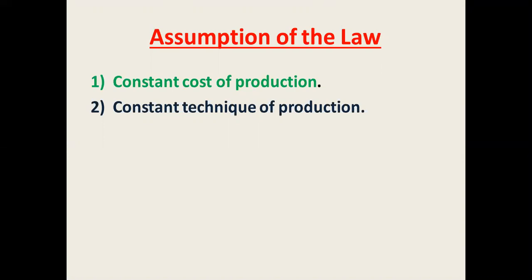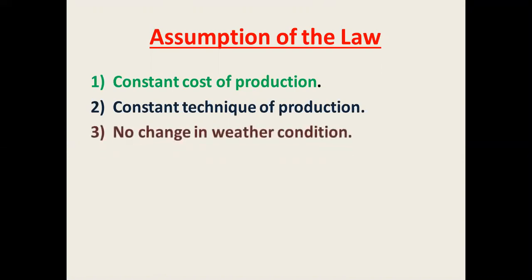Then the second assumption is the constant technique of production. What is the importance of the technique on the production side? If the producer changes the technique, that is, if technological changes are adopted, then the supply changes, and at that time the price changes. It is also assumed that the technique of production does not change, because of the improved technique of production,